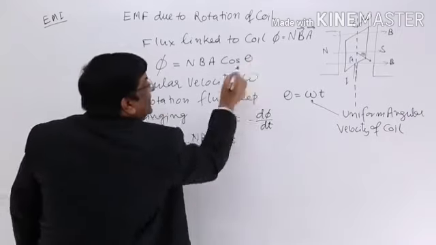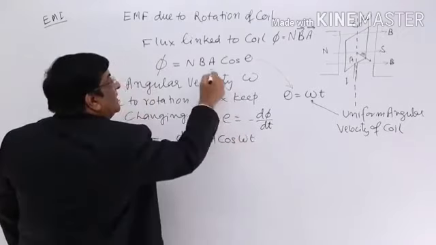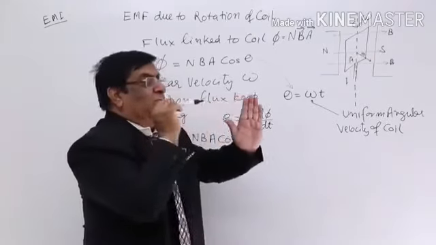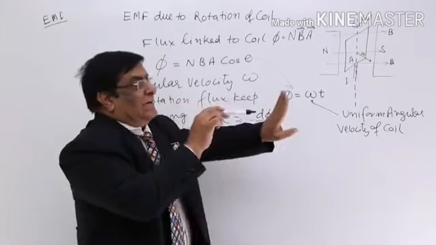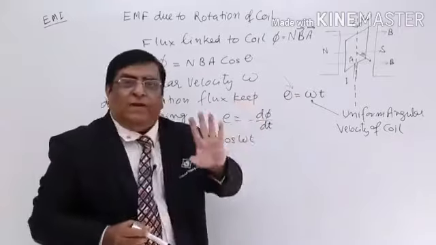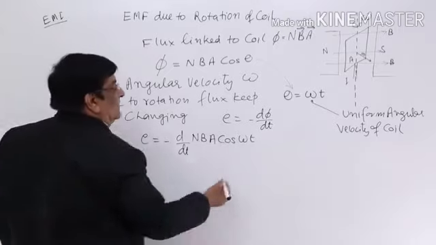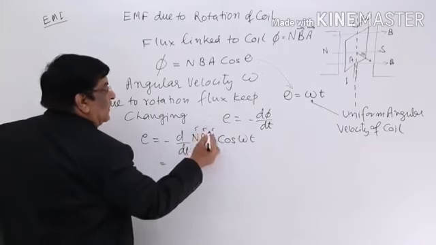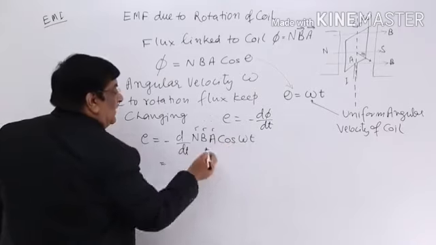In place of theta, now we can write omega t, so that this becomes a function of time. At one time the value is 0 when the coil is like this, magnetic field like this, and at other time the value is full because cos theta has become 1, because it is rotating. So it's a function of time, we write it this way. Now if we differentiate, n is constant, B is constant, A is constant, these are the quantities which are not changing during rotation. So only cos omega t is the variable term.